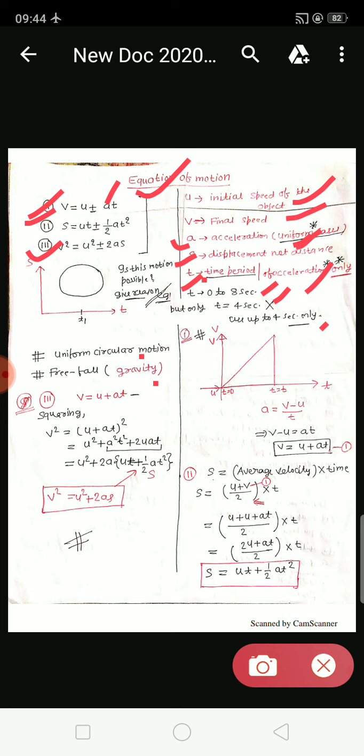So only the two concepts which I needed to tell you. Remember these concepts. Remaining things I will try to solve numerically, and graphically you have to go through your books and try to find these three equations of motion. If you find any difficulty, write in the comment section, I will try to solve it. In the next lecture we will do some objective questions and some numericals on these chapters, so that we can prepare for the basis of the fourth chapter.